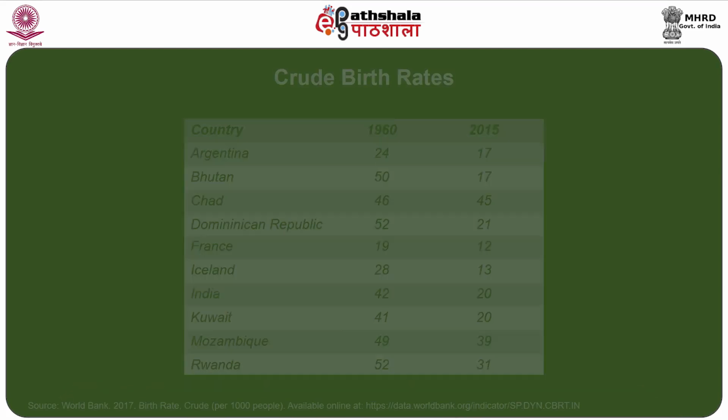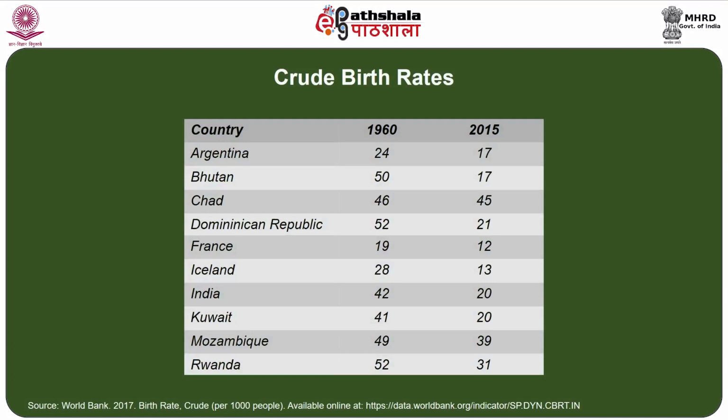Let us discuss the issues related to fertility. For instance, the measurement crude birth rate as indicated for various countries during the periods 1960 and 2015. When we analyze these crude birth rates, for some countries given for 1960 and 2015, expressed per thousand population, for all these countries, the crude birth rate has declined over this period, although the extent of decline has varied